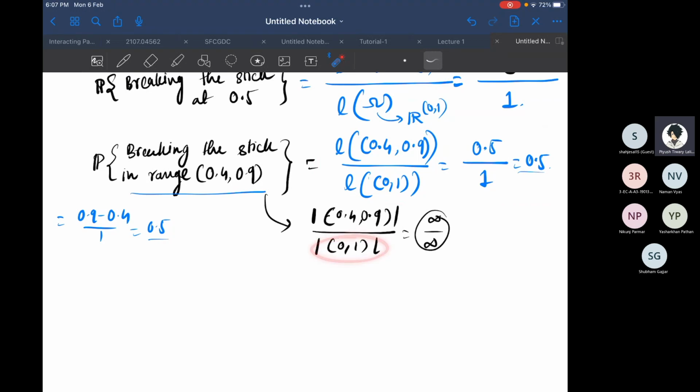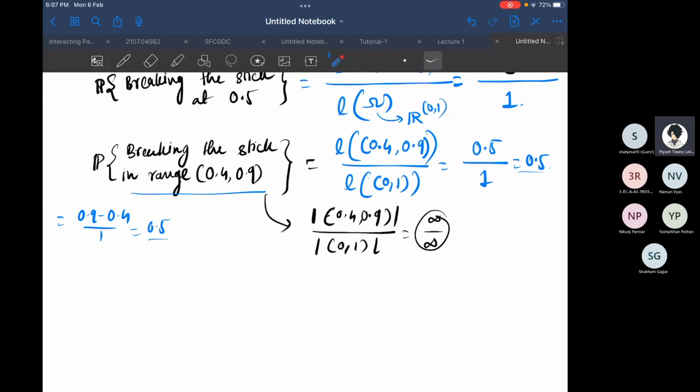So it is the denominator that was giving me an issue. Numerator also in this case is giving me an issue because it is infinity, and you know that probability cannot be greater than one. So I hope you see that dealing with continuous valued things is a bit tricky here.